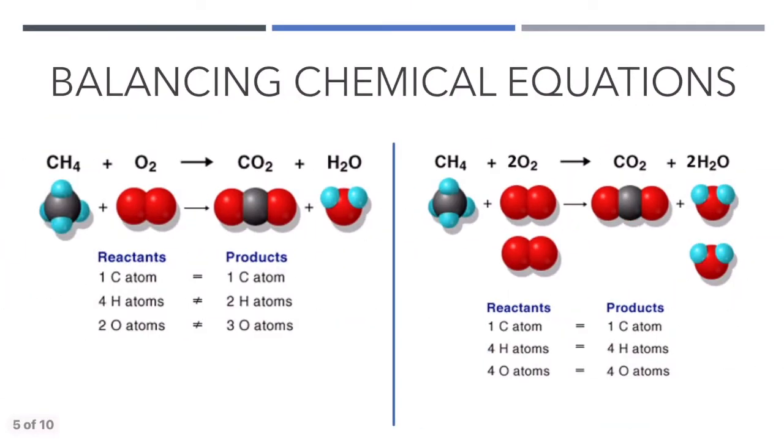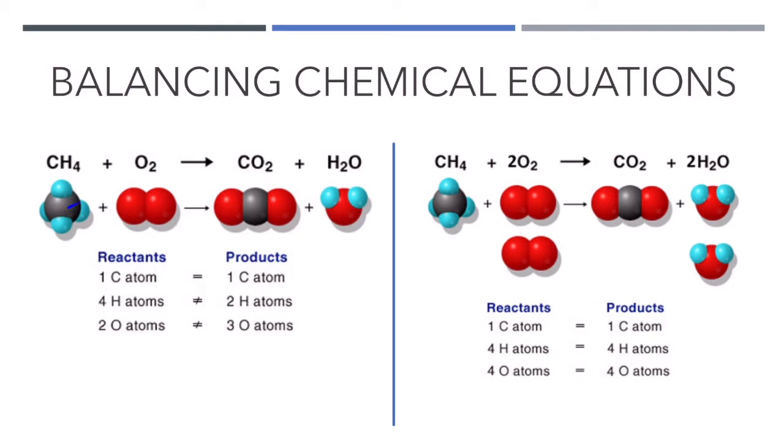All right, so for example, let's go ahead and take a look at an example of a combustion reaction really quick. If we were to just write out the combustion reaction, just a basic list of reactants and products, you can see that we've got methane and oxygen reacting to form carbon dioxide and water. And if I were to go through and count the atoms on either side, you would see that I've got one